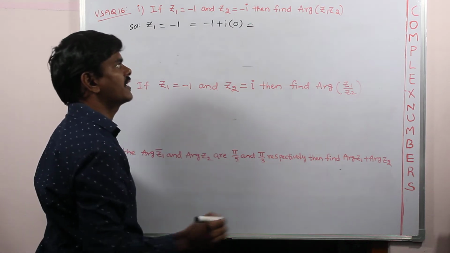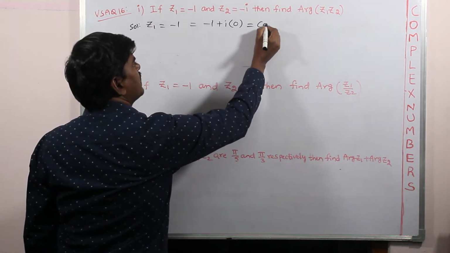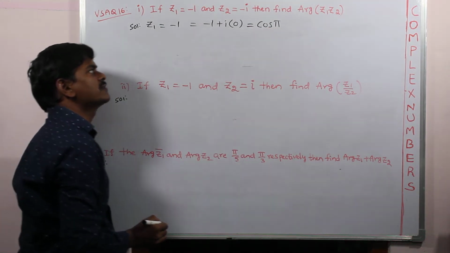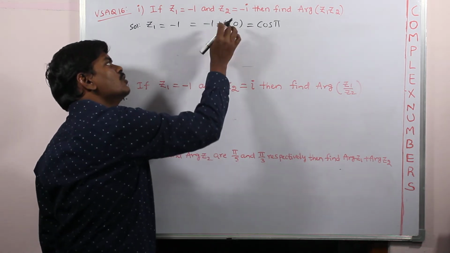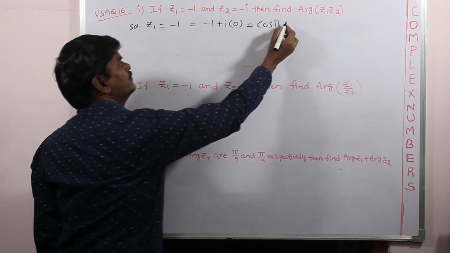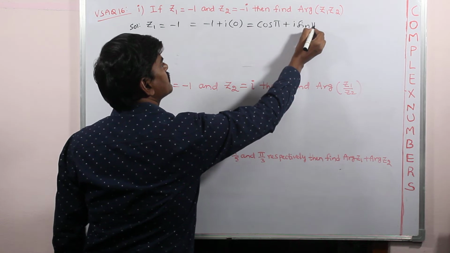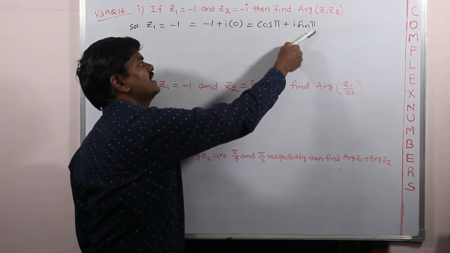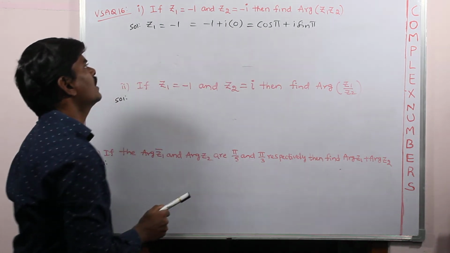This is the trigonometry concept; you should remember it. Cos pi is known as -1. Cos pi value is -1, cos 180 degrees value is -1. So -1 can be replaced with cos pi. At the same time 0 can be replaced with sin pi. The angles must be the same. So we get cos pi plus iota sin pi. Now clearly we are able to see the cos theta plus iota sin theta form. I told you, whatever value we have in place of theta will be your argument.